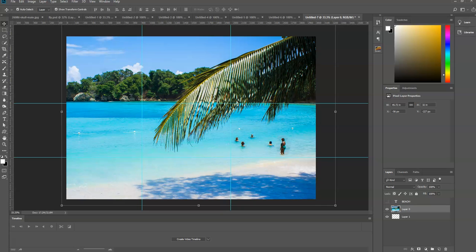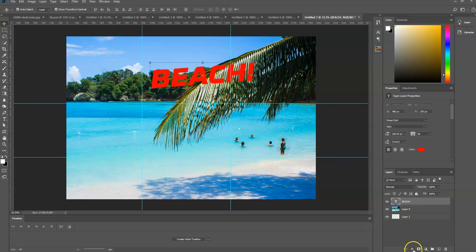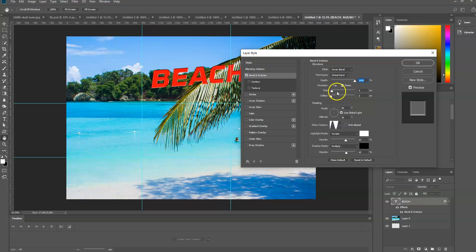Alright, so next thing I want to do is just review with you the FX and the new layers, how to create new layers, layer groups, etc. And so what I've done is I've created a text layer here called Beach. And if I select it and go to FX, I have access to bevel and emboss, stroke, inner shadow, etc. So if I want to add a bevel, I can do that. And I can